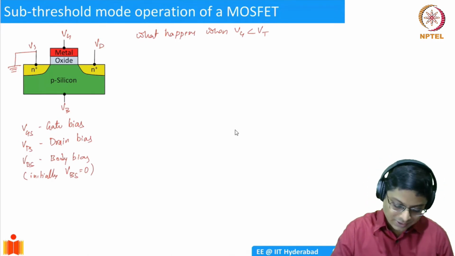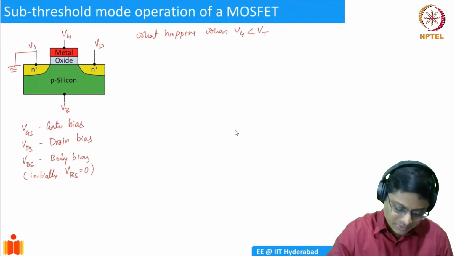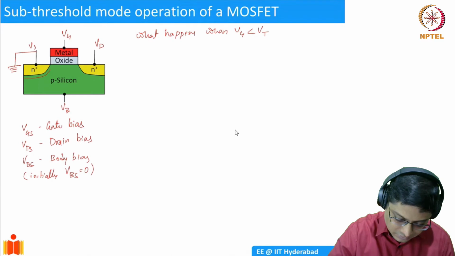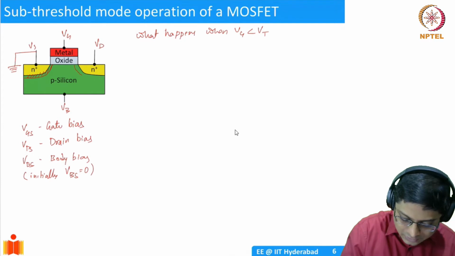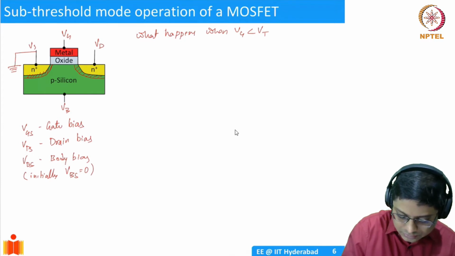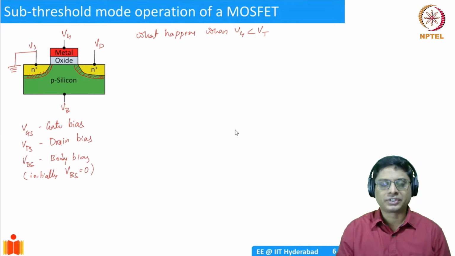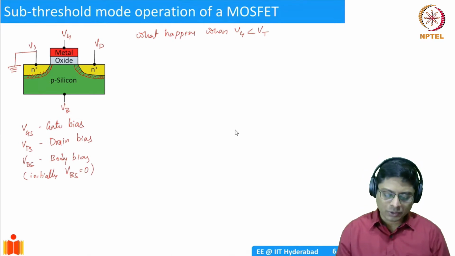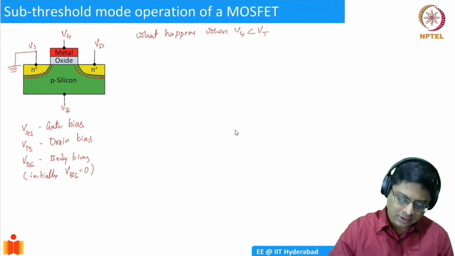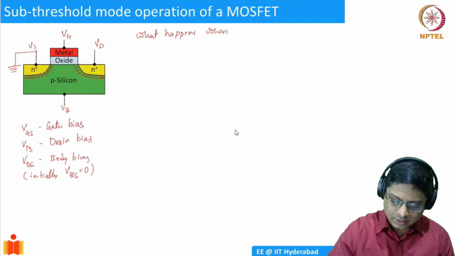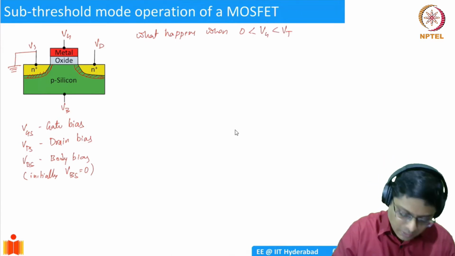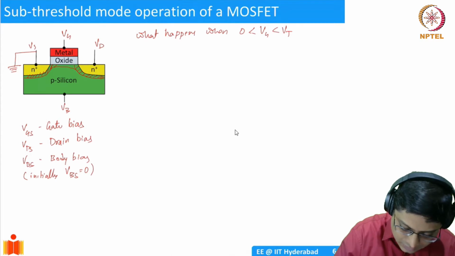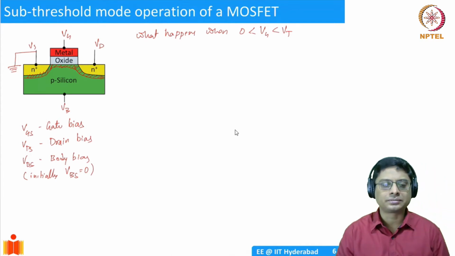Before we do that, let's say, this is a PN junction, right? So remember, there is always a depletion region here. I'm drawing it like this because it's an N plus device, so the depletion region will be mostly in the body. A very small amount would be in the N plus regions. Now, let's say I apply a voltage such that Vg is greater than 0 but less than Vt. Then you end up having a small depletion region under the oxide as well.